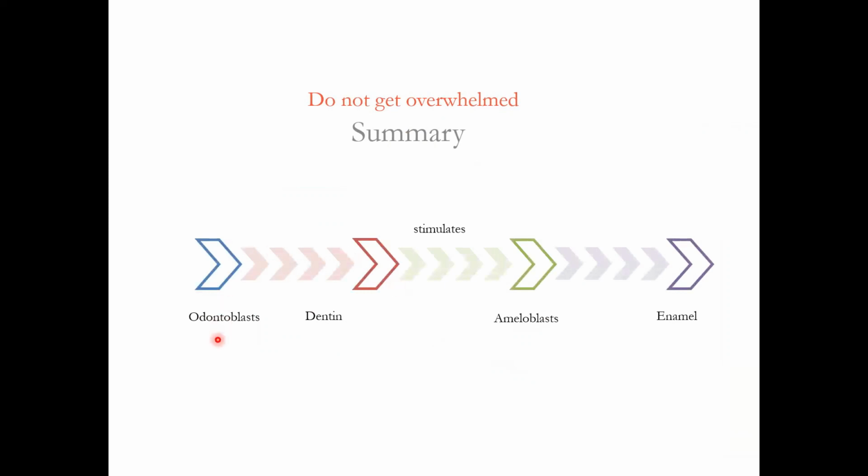The odontoblasts are stimulated, which lay down the dentin. The dentin in turn stimulates the inner enamel epithelial cells to turn into ameloblasts, and these ameloblasts form enamel. So the first layer of dentin, when it comes in contact with the first layer of enamel, it seals to form the dentino-enamel junction, which is responsible for the mechanical bond between enamel and dentin.